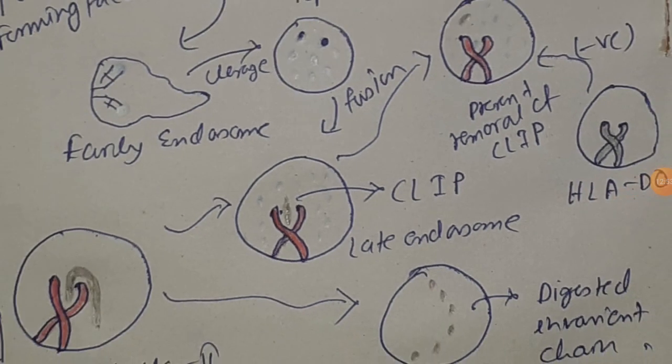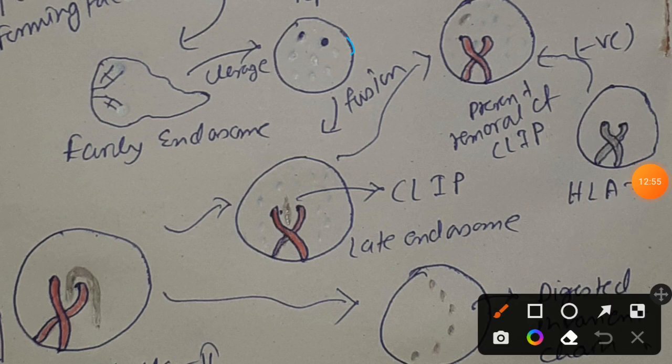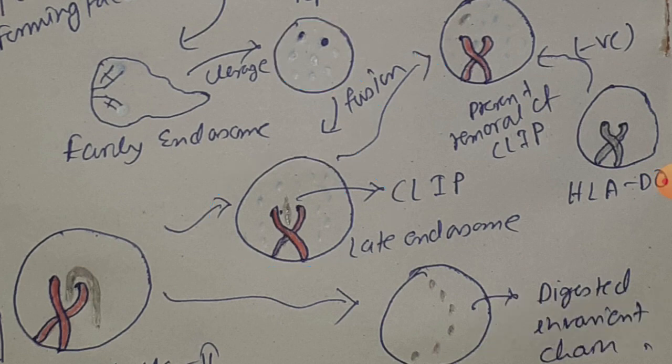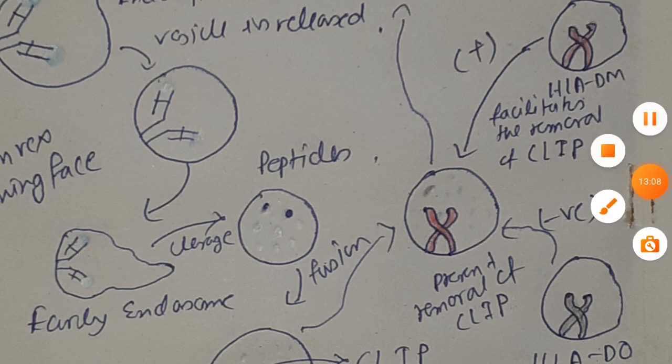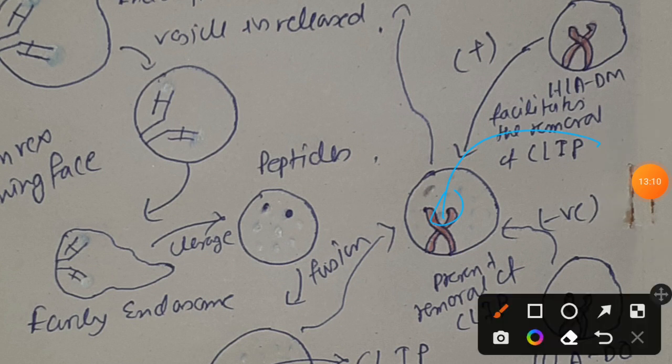After that, fusion of the peptide containing vesicle and the MHC class 2 molecule containing vesicle will occur, and as a result we are in a situation where we need someone to tell that clip to be removed or to leave its place for peptides. So here HLA-DM is going to do that work as a positive regulator,